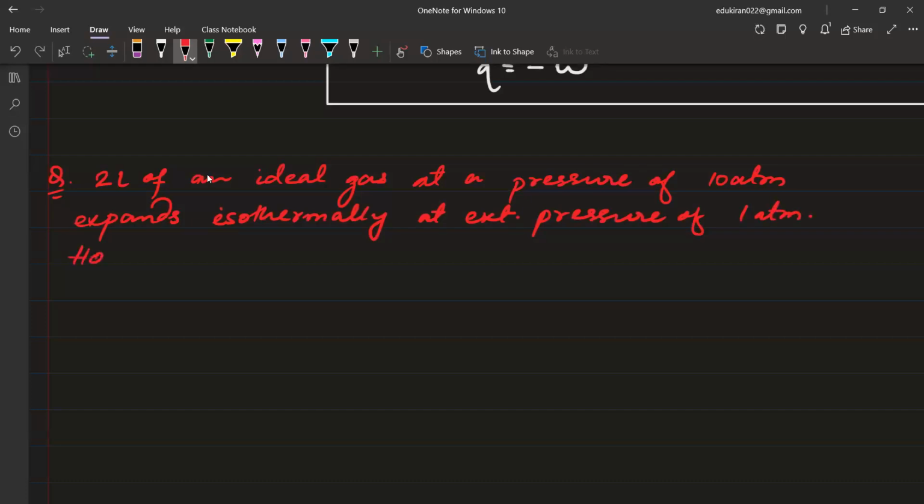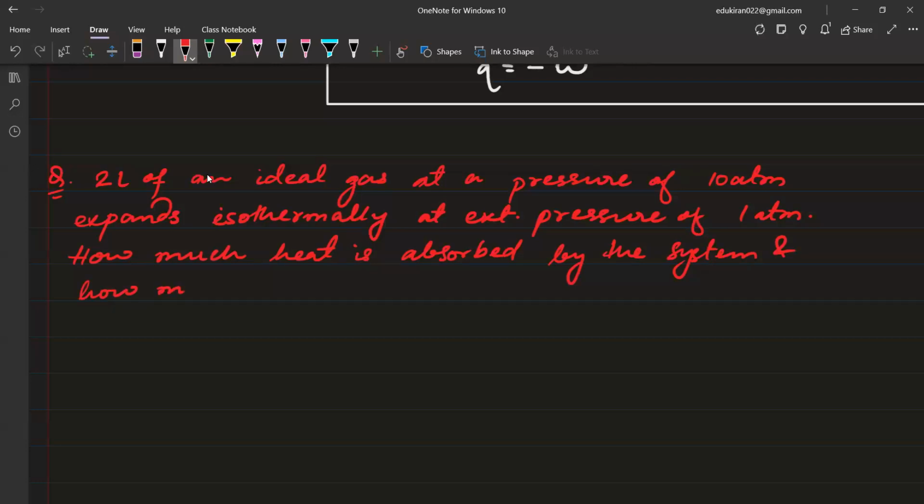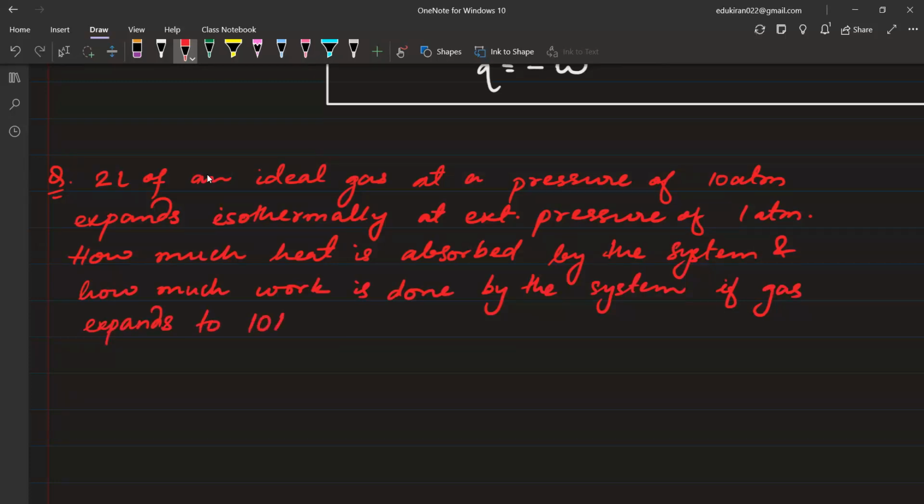How much heat is absorbed by the system and how much work is done by the system if gas expands to 10 लीटर।